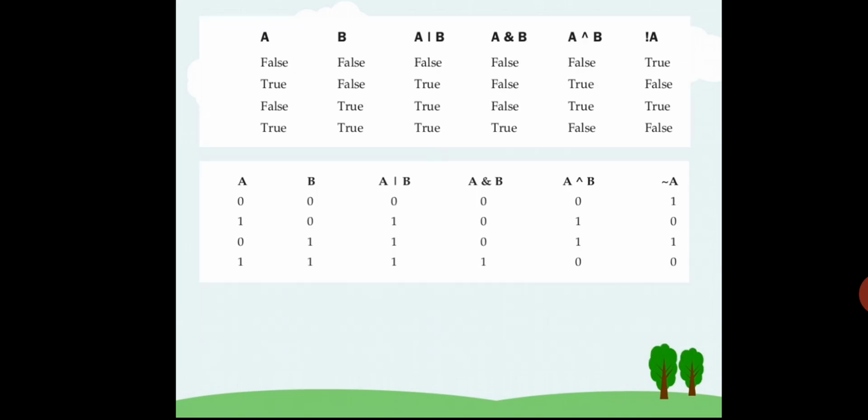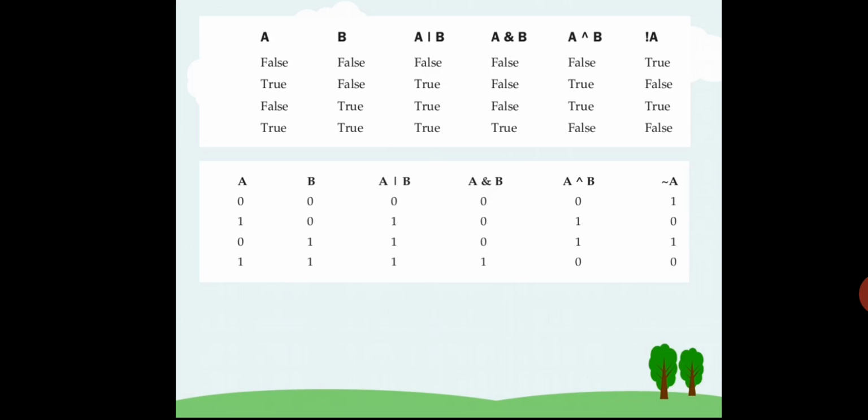Fine. The next thing is a table. It is nothing but a truth table, because whenever we are dealing with zeros and ones, or logical operator concepts, we will be writing some truth tables. So this table is called a truth table. A and B are nothing but inputs. Say for example, A is an input and B is also an input. So we have some values over there. Can you see? False. So if you go for A or B, then the answer will be false.